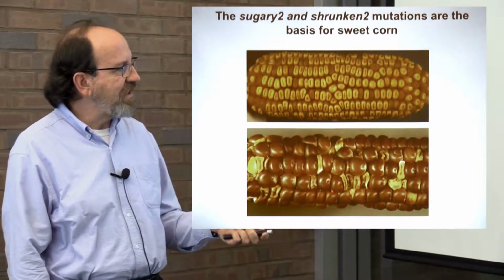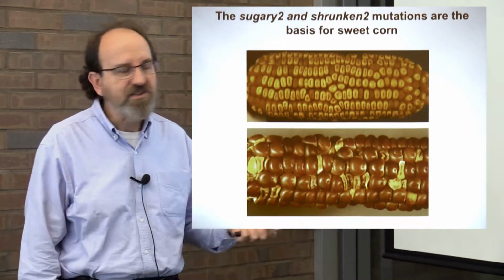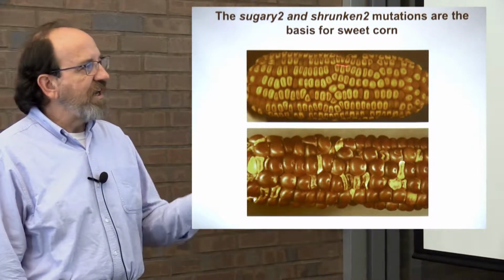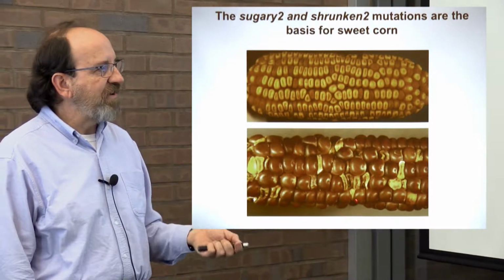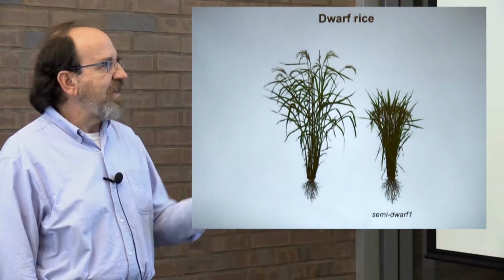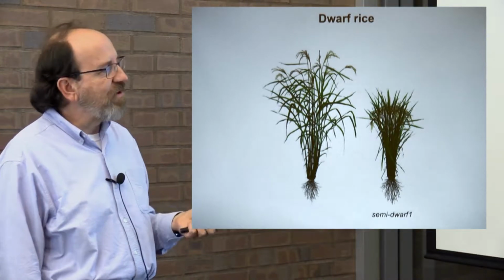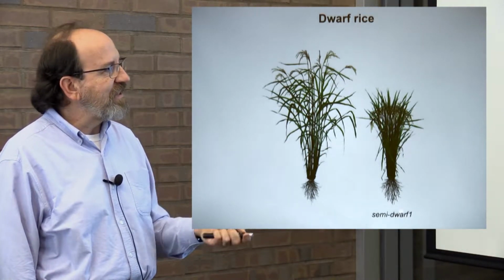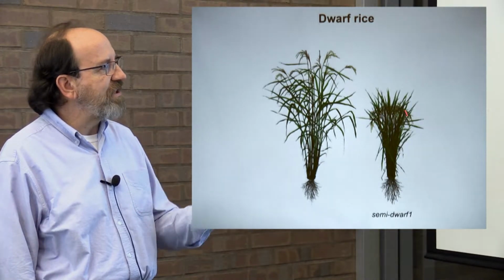And, of course, the ear, as a result, is quite sweet. It's just a mutation, simple mutations. So some of the natural genetic variation that we've taken advantage of are simple traits like these. Another example, this is not corn now, but rice. Perhaps the most important mutation in the history of humankind is this mutation right here, the semi-dwarf mutation in rice,